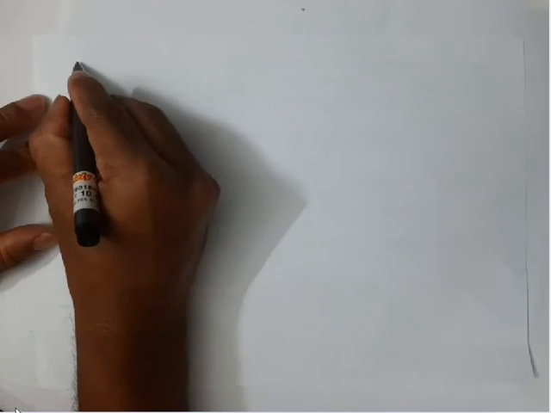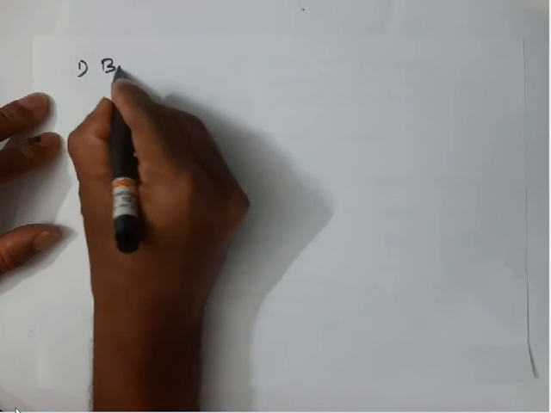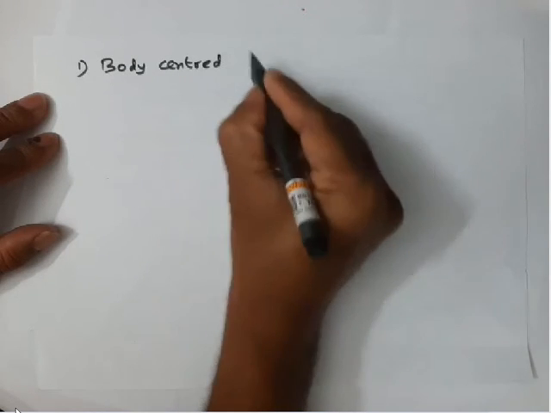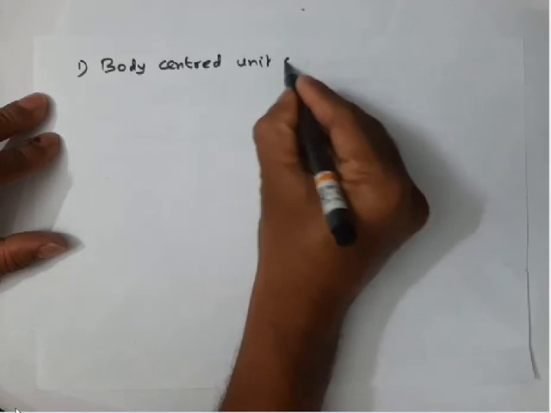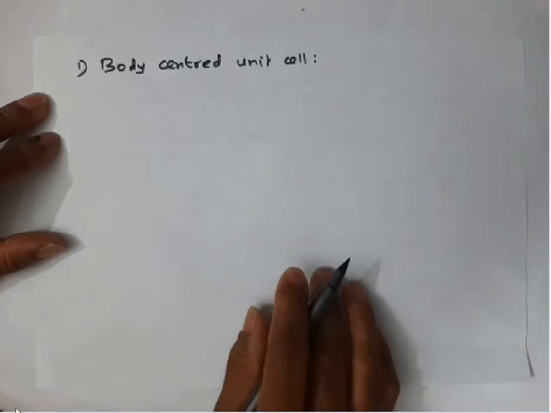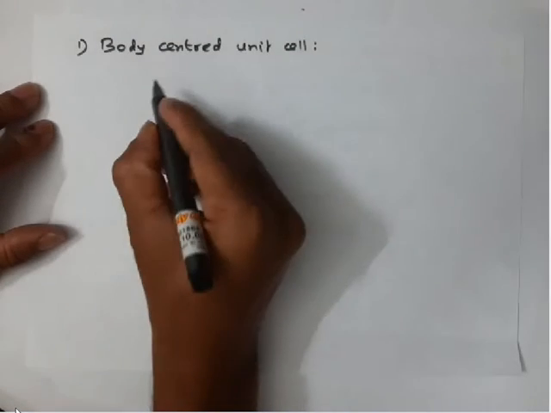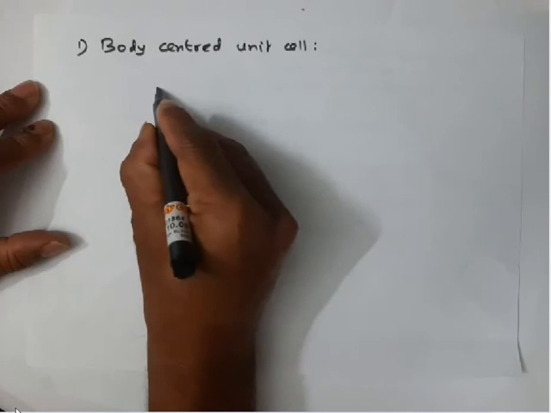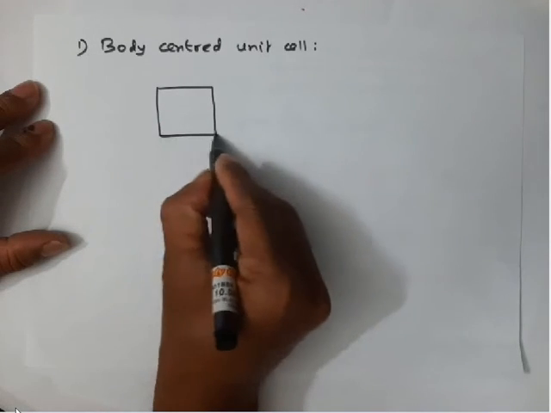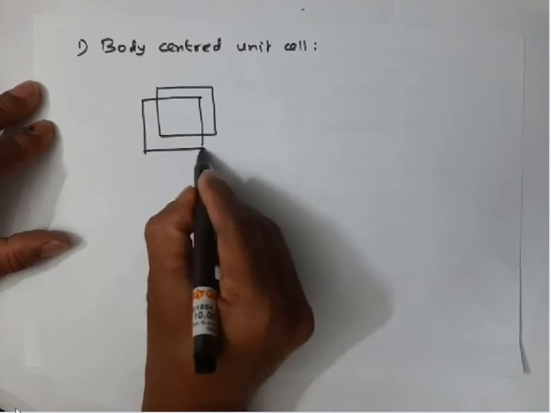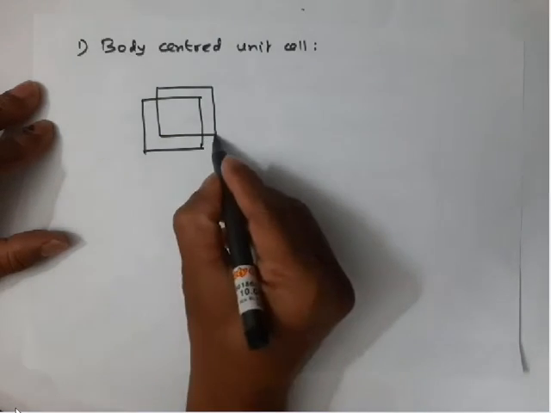So non-primitive unit cell, first let us start with the body centered unit cell. What is meant by body centered unit cell? Listen, just for understanding purpose, I will take a cubic unit cell, which I have already told you, because it's a simple one to understand. So you take a cube,